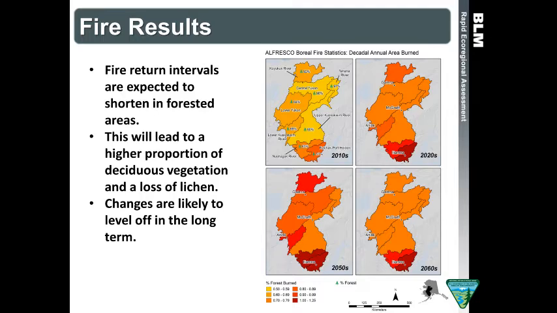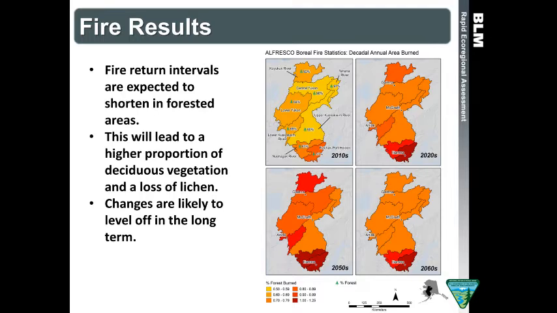A lot of our forested land cover has at least some proportion of lichen in the understory, but that occurs more in the older black spruce forests, and not so much in the young deciduous. Lichen, the literature tells us very clearly, takes a long time to come back after fire. So pretty clear take home on that.